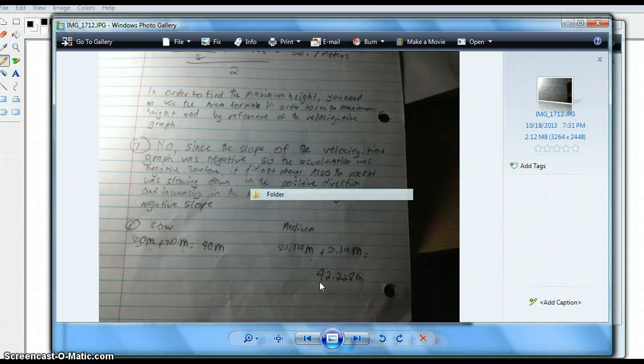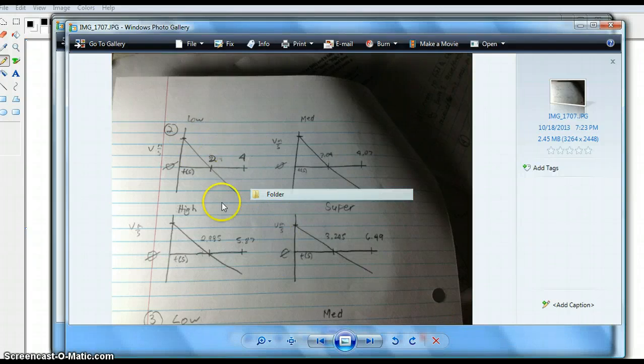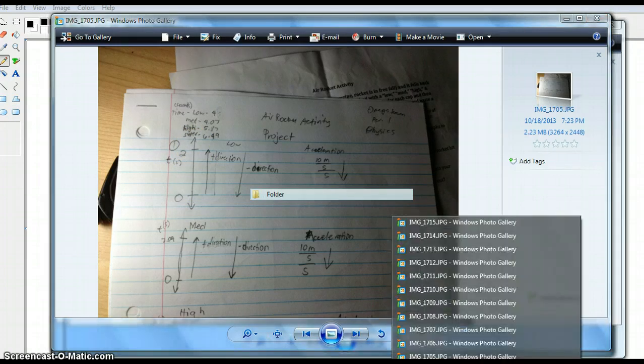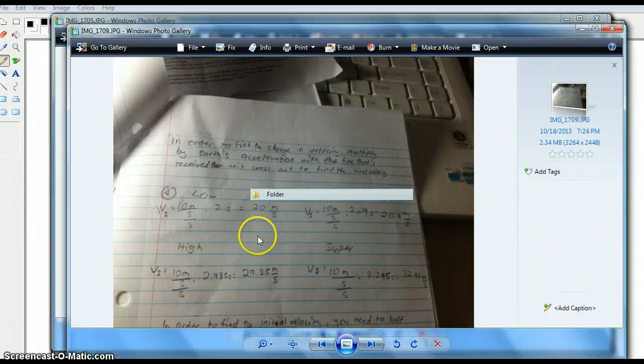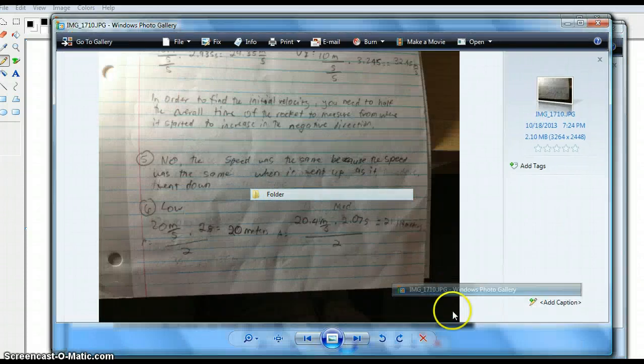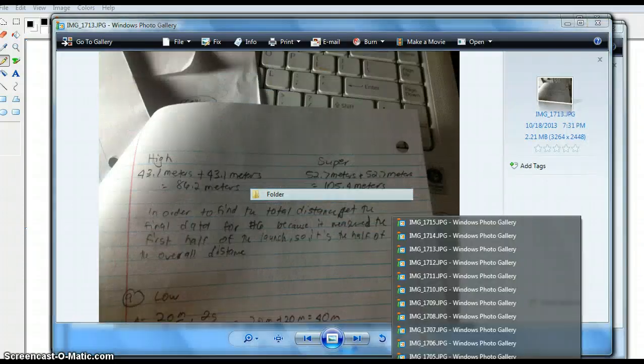Number 8. What was the total distance the rocket traveled? So this time you're looking for the whole area, the whole thing, from here to here, back to here, back to 0. So you're looking for the whole overall distance. Since I got 20 meters from the highest point, how far it traveled, I will get